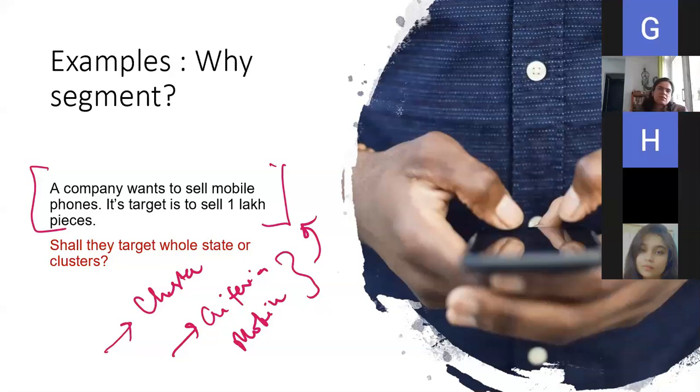So it doesn't make sense that I target everyone. See, if I say that I am going to target everyone, my product is not a mass product, and still I'm targeting everyone. I'm spending huge money on showing advertisements to the whole population. What's the point of that? Or I'm sending coupons to everyone. See, what a big loss I'll incur if I don't segment and find the segment that is actually going to buy my product. So that is the reason we need to segment.